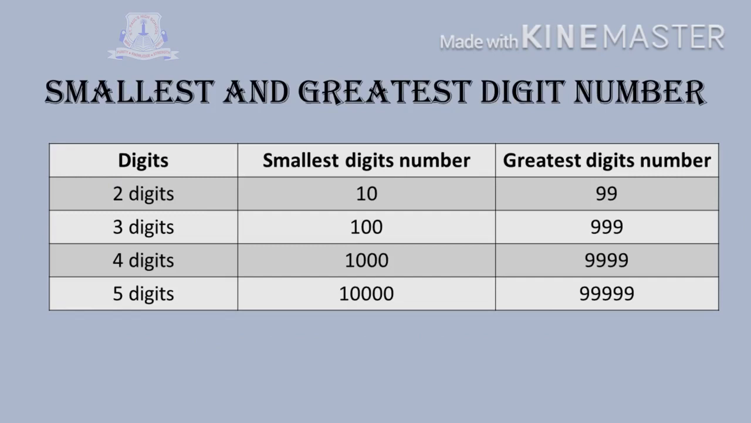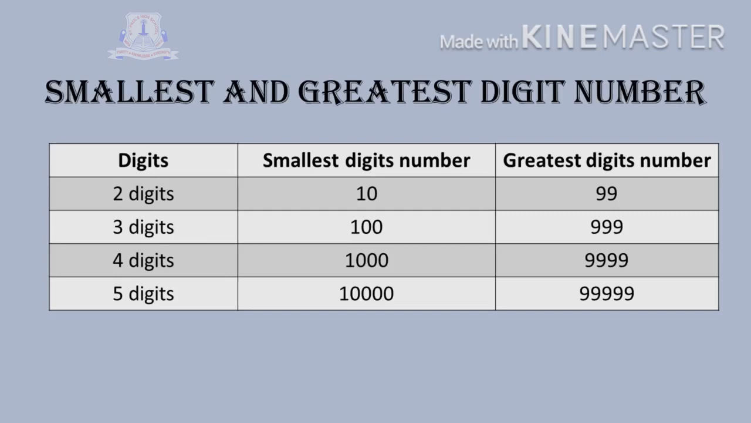The first topic is smallest and greatest digit number. Here you can see 3 columns. One is a digit column, then small digit number, greatest digit number. So the first 2-digit smallest number is 10 and the greatest 2-digit number is 99. The smallest 3-digit number is 100. The greatest 3-digit number is